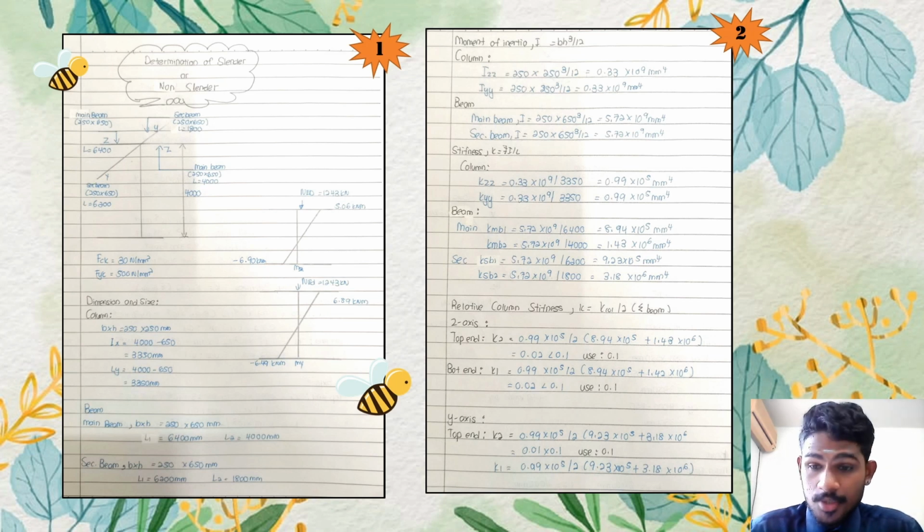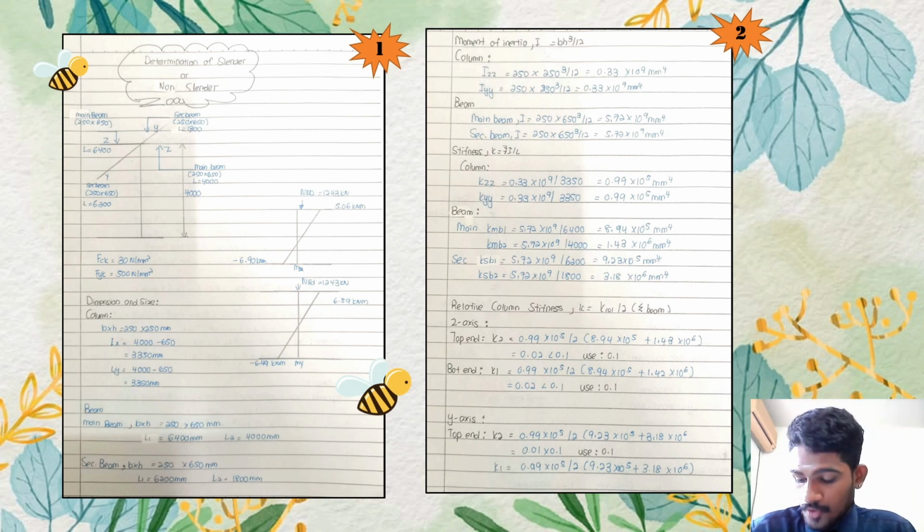Okay, now I'm going to explain the column section, which is determination of slender or non-slender. The drawing shows the values where fck is equal to 30 Newton per mm², and fyk that we get is 500 Newton per mm². For the dimensions and sizes, the column dimension is b is 250, and also h is 250. So lx is equal to 4000 minus 650, which you will get as 3350 millimeter, and the ly is 4000 minus 650,